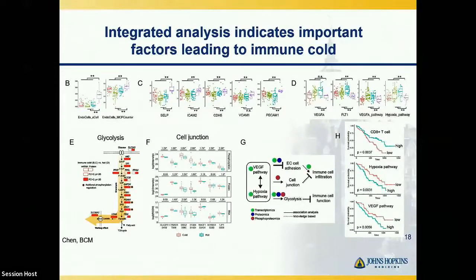Immune hot samples were also enriched with endothelial cells. Endothelial cells are blood vessel components and needed for immune cell infiltration. We find that immune cold samples have reduced endothelial adhesion proteins and upregulated VEGF and hypoxia pathways. Both RNA and protein analysis show that the immune cold tumors had a higher level of glycolysis and Warburg effect. Based on this data, we propose a working model where the